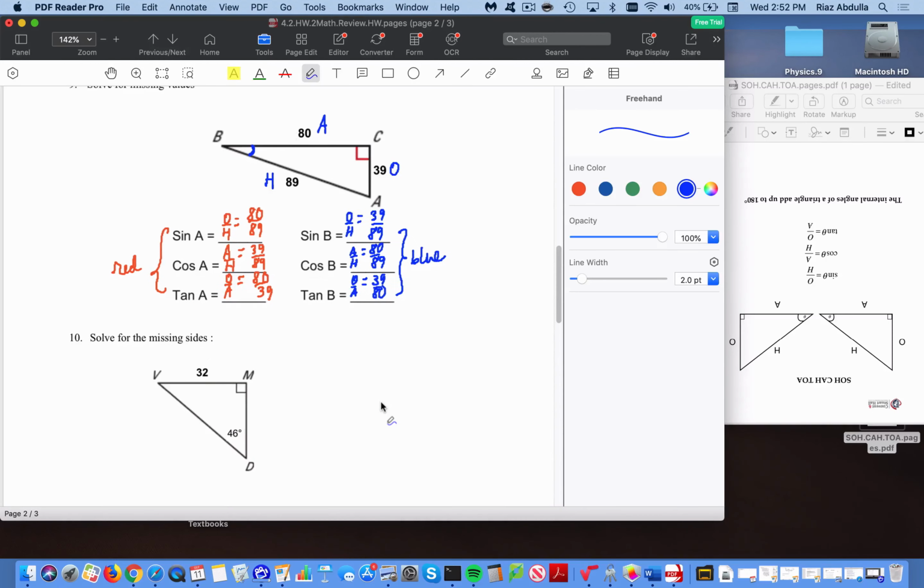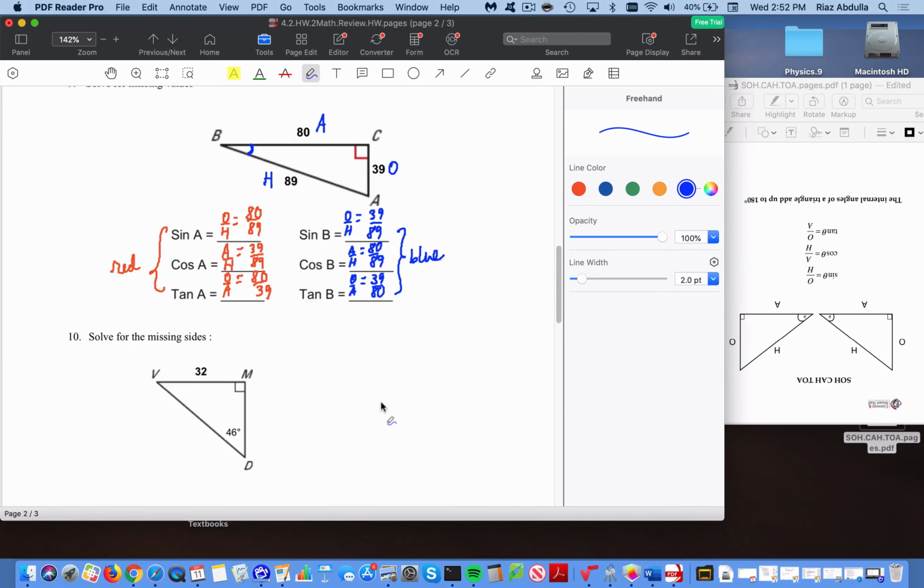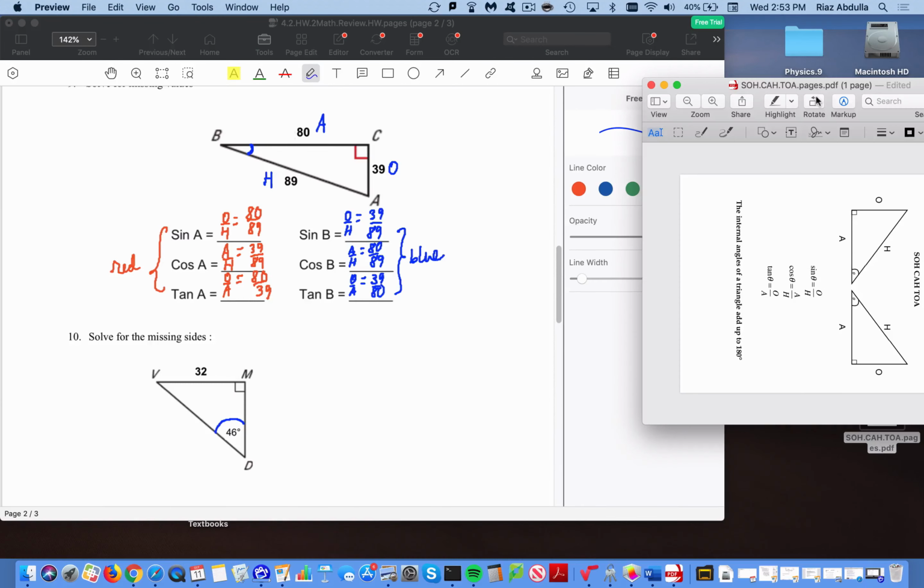Perfect. And moving on to number 10. We are now going to solve for missing sides. And I have to be really careful. My angle is right here. And when I look at the sheet here, it doesn't match up. I need the angle at the bottom. So to do that, I'm going to need to rotate